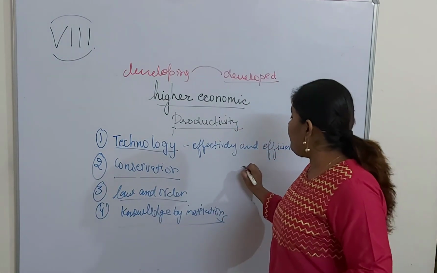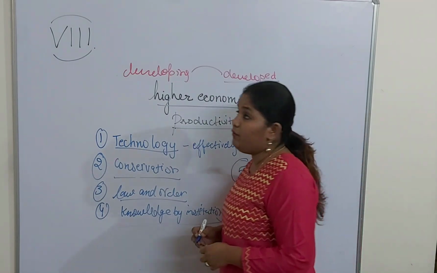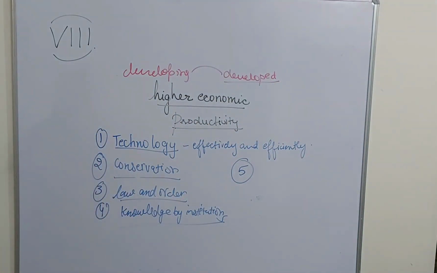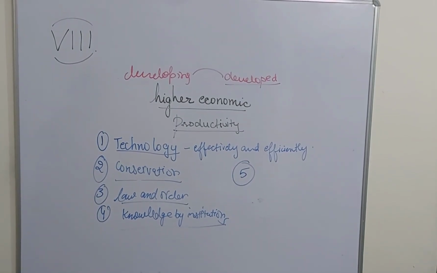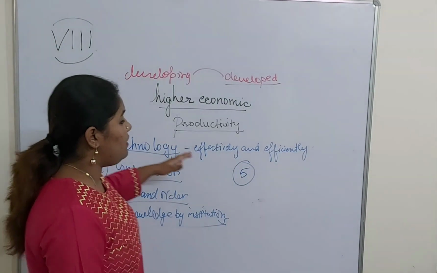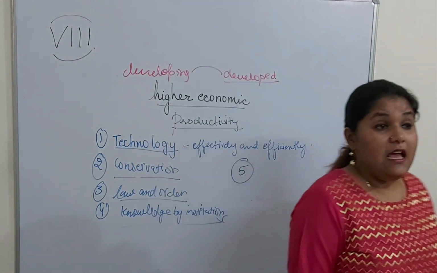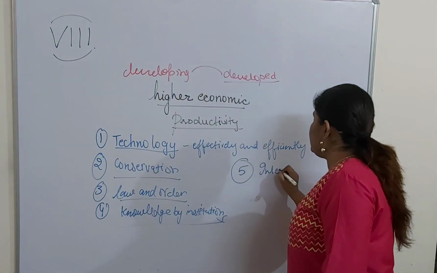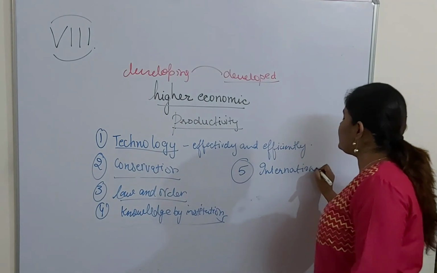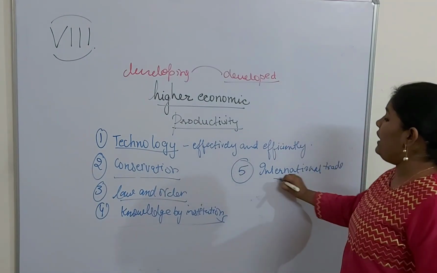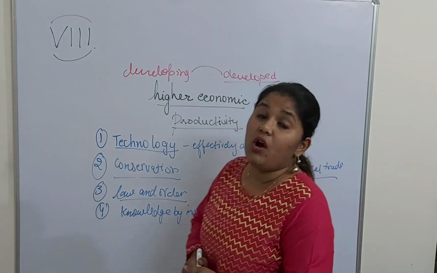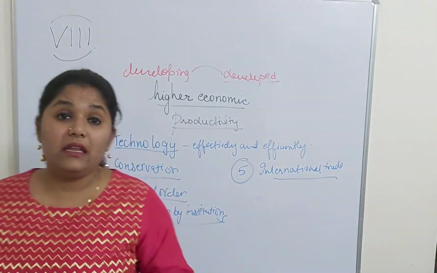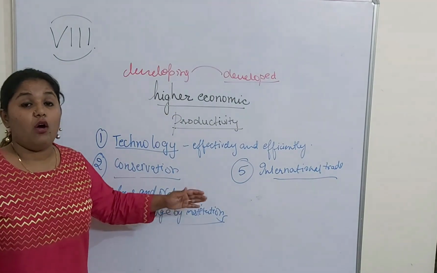Understood? Now the fifth point, that is one of the methods for higher economic productivity, is the featuring of international trade. That means higher economic productivity can only be possible if we focus on international trade, as international trade links us between two countries. Yes or no? International trade actually links countries on the basis of business, and that also brings exchange of foreign currency and many new opportunities to the people of the host country.